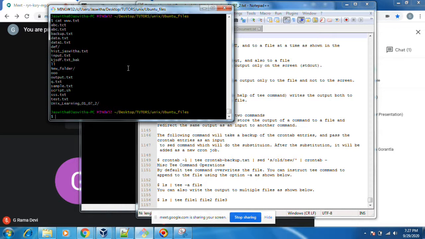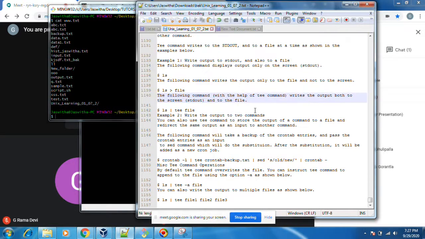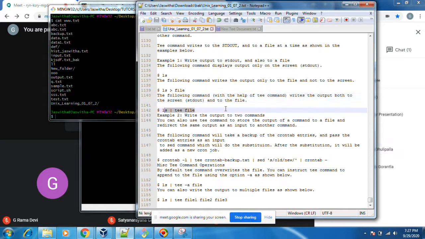Same kind of thing, if you want to do something like ls, pipe, tee file, it will list things and write into the file. This is what we did.